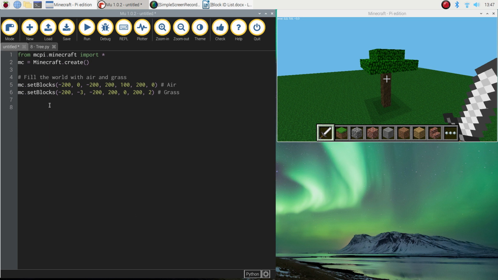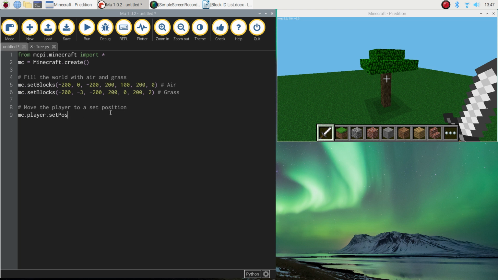Okay, so the first thing we're going to do is what we did in the last video tutorial, is move our player to a particular position when we start our code. So it's basically going to get our player spawning in a set position. So what we need to do to that is put a comment in first of all. It says move the player to a set position. And the code to do that is